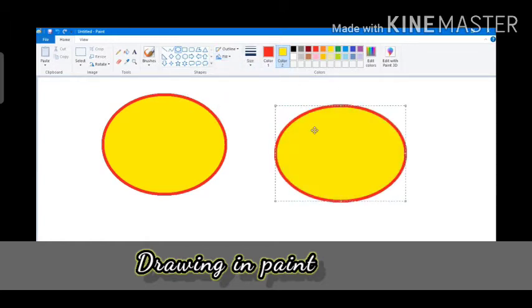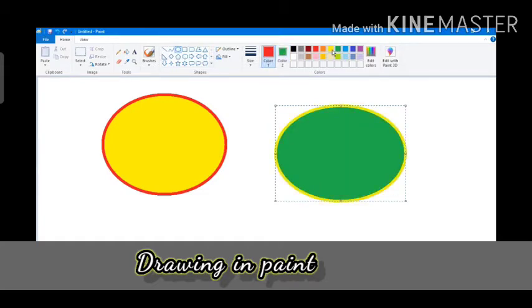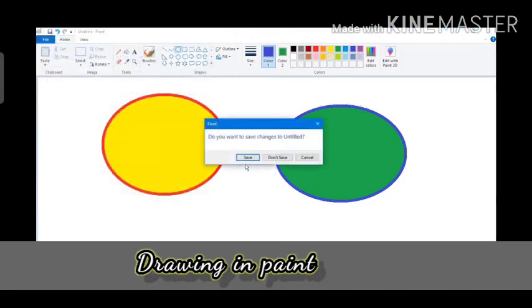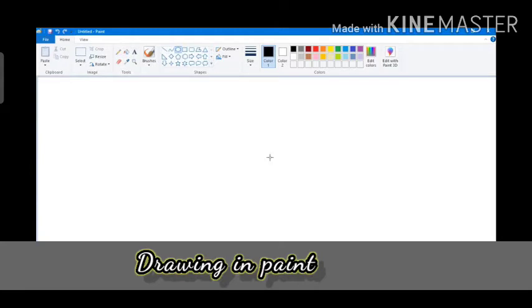See another one like this. If you select the color 2 different, then that color changes. Whichever color you select, color 2 it will get filled in, color 1 will be the border or the outline. Then you can always take a new file, or if you want to save, you can save also from the file menu. Now we'll go to the next one, that is a polygon tool.